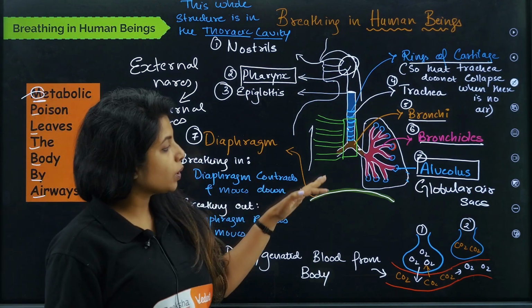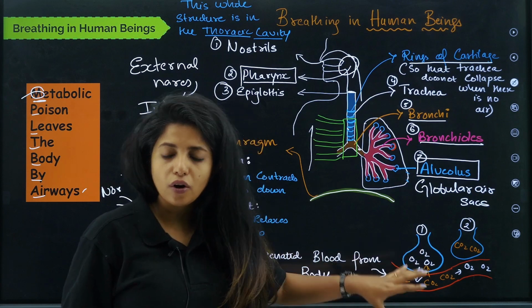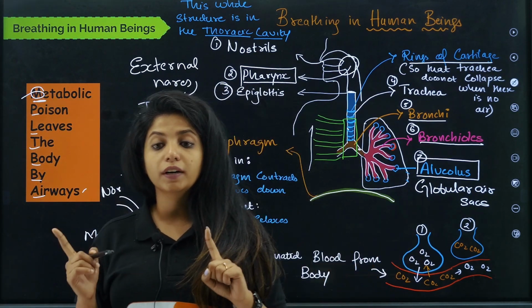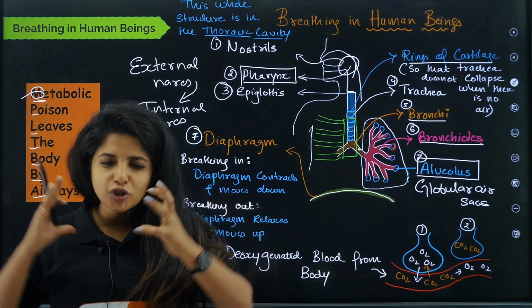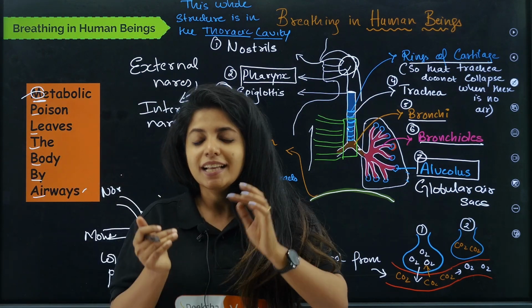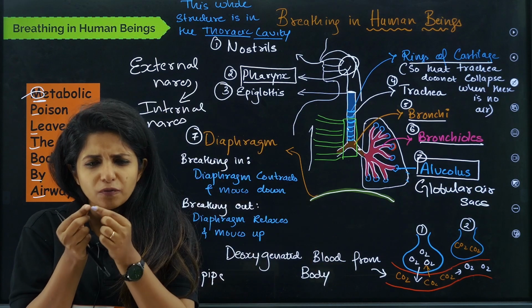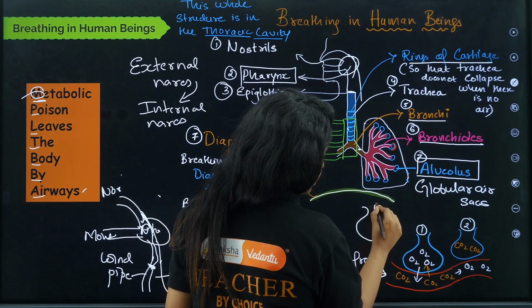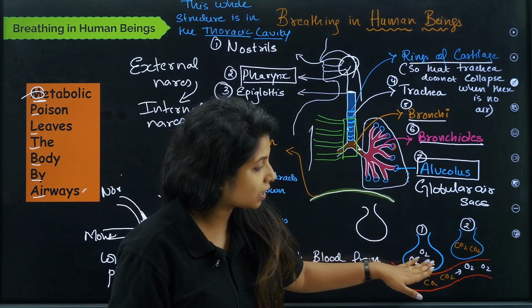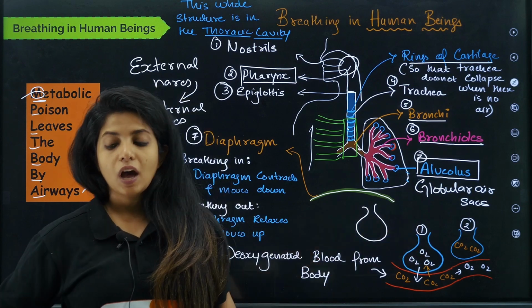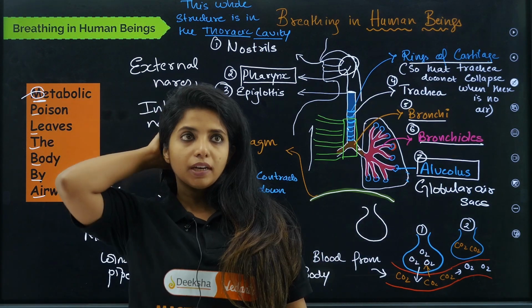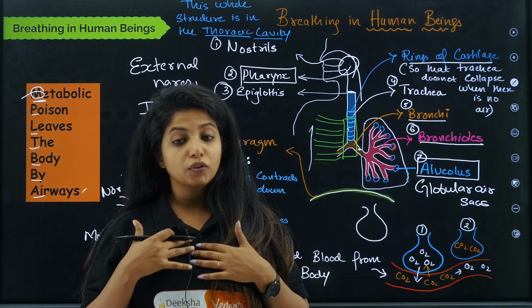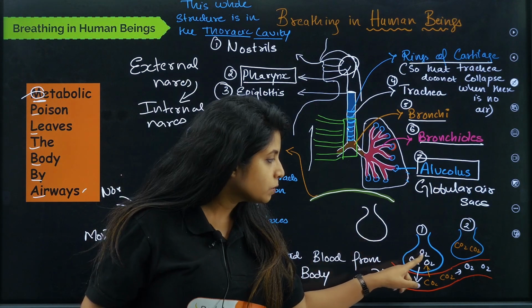Okay, now before going into diaphragm, I want to tell you what is the use of alveoli over here. So alveoli, just like how your gills were covered by blood vessels, the alveoli is also richly supplied with blood vessels. And I'll tell you one more thing, the alveoli is very thin. It's a very thin sac that you see over here. So basically, this oxygen that comes up over here, okay, how did the oxygen come? I didn't tell about that. So basically, when we breathe, we are taking oxygen. This oxygen is going to my lungs, into my alveoli.